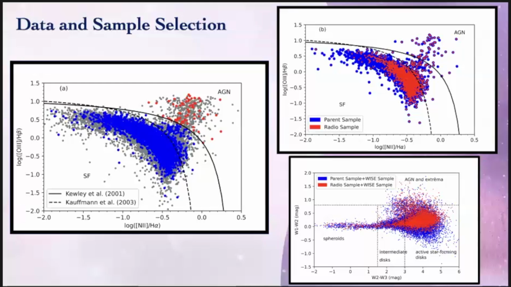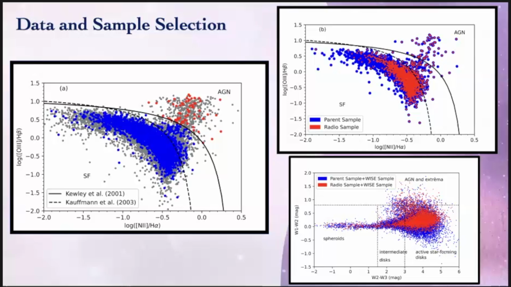So I've plotted here the full GAMA sample, which is in gray in the left panel. That's using the BPT diagnostic, and the blue and the red ones are the star-forming regions, and the red ones are the AGNs. And in the top right panel, I've plotted only the GKV catalog. So over here, the blue ones are the optical parent sample, and the red ones are the radio. Again, I've also plotted,